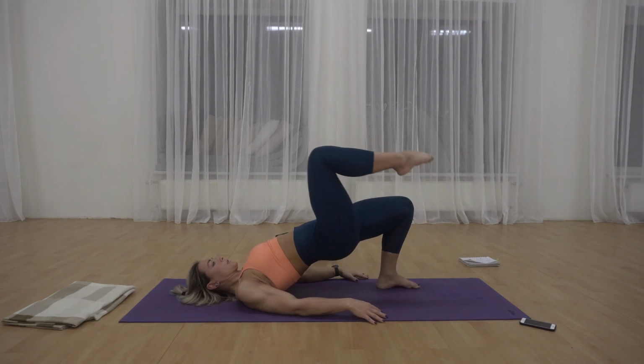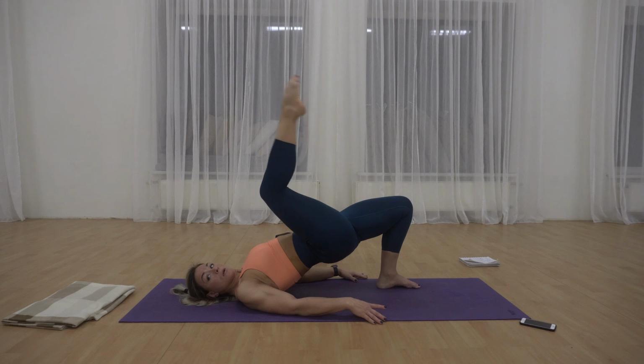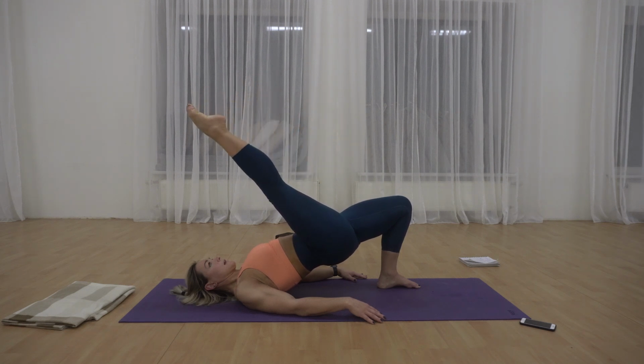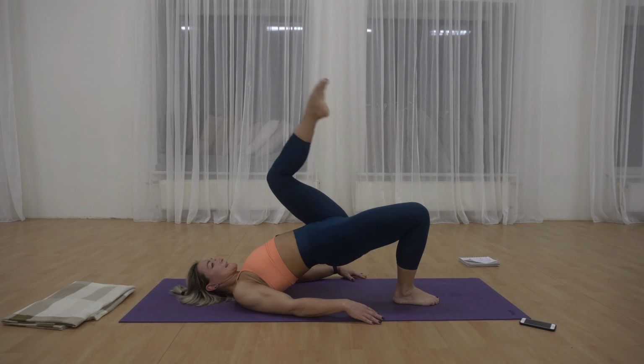And from here, you lift up, extend 1, bend 2, 3, 4, 5, 6, 7, 8, and down. Do not lower your butt, keep it up, and 1,